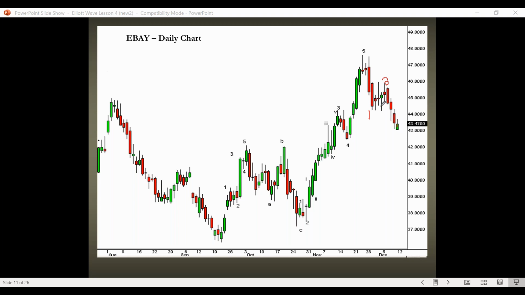If we move up, though, if we move up above here, maybe you do want to do a short-term bullish trade, because if this moves up here, it breaks a wave rule. This can't be a wave 4 going into a wave 5 down, because wave 4 can't trade in the territory of wave 1. So if I wait for a little bit of confirmation, I might have a much stronger probability that this thing could go up a few more dollars.